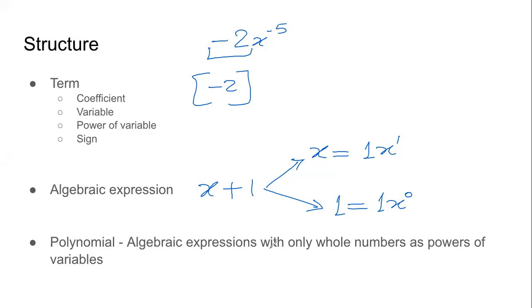Now in all this, because we are back to algebra and only algebra, we cannot forget that if we write minus 2x, or we write 2x, or we write 3 by 2x, what they mean is coefficient multiplied by the variable. So minus 2x means minus 2 into x. 2x means 2 into x. And 3 by 2x means 3 by 2 multiplied by x. Cannot forget this.